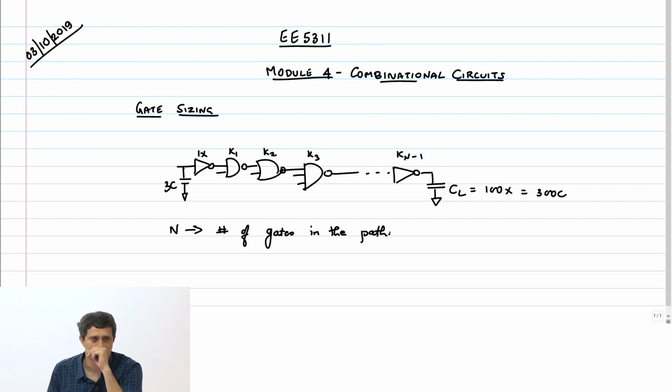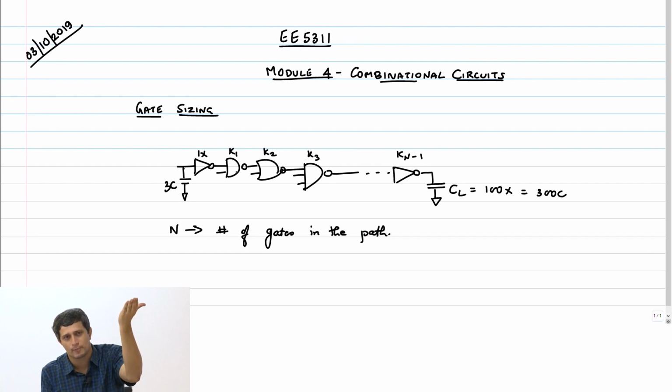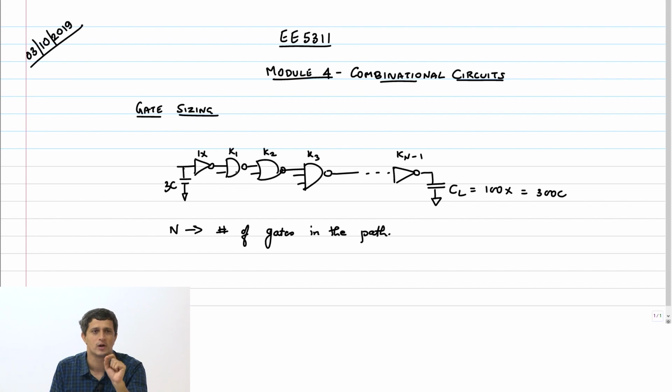Now earlier, if you remember, we were dealing with the gate size or the gate scaling, 1x, 2x, 3x as the variable, right? The problem is if you use that as the variable, then you need to explicitly calculate the capacitance at each gate depending on the type of the gate. For example, if it's a NAND 2, then a unit gate has a capacitance of 4C. If I scale it up by a factor of K1, then it has to become 4K1C. Now, for NOR 2, it will become 5K1C and so on. I need to make a lot of complicated calculations to just obtain the capacitance correctly.